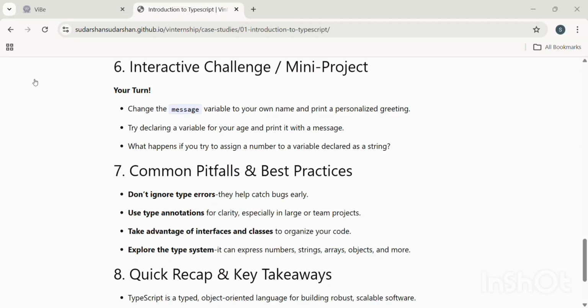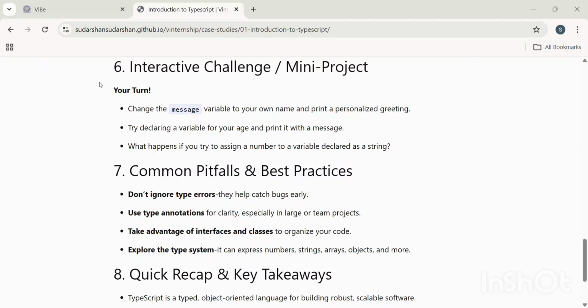It gave me the independence to learn independently. We are getting hands-on experience on what we learned from the videos in the Vibe platform. So it is much easier for us to implement it and understand it more clearly.